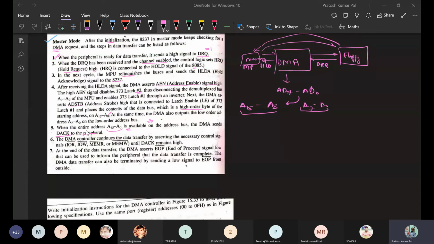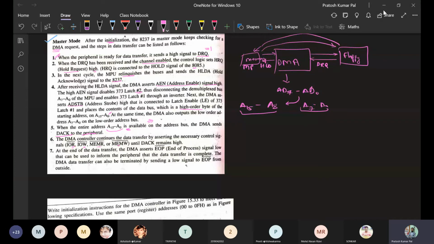Once the DACK signal is sent to the peripherals, the role of the DMA is, based on the control bits given to the DMA controller, either writing or reading the data from the input output or memory devices.